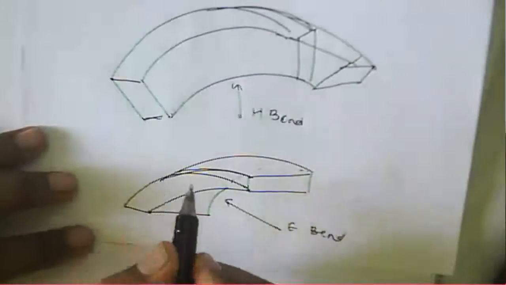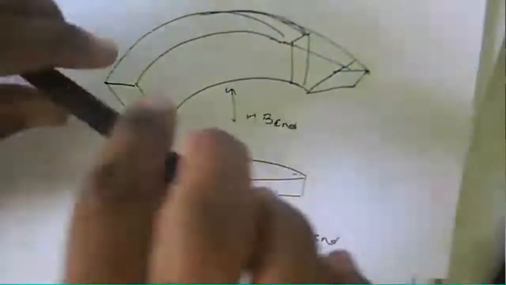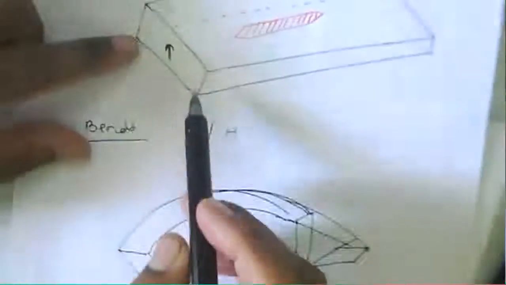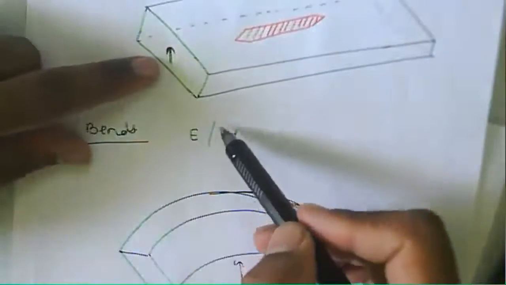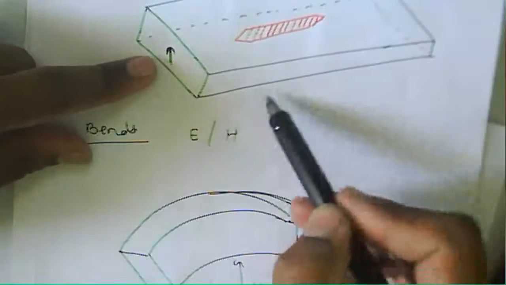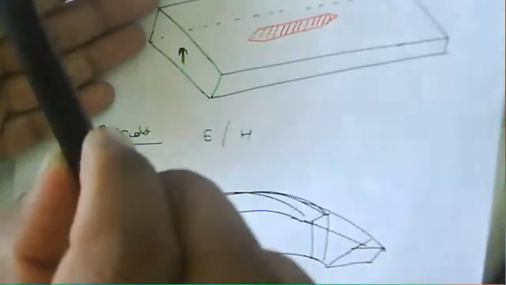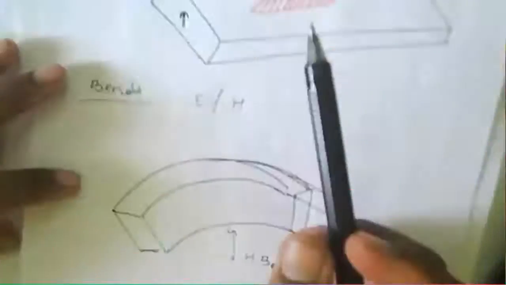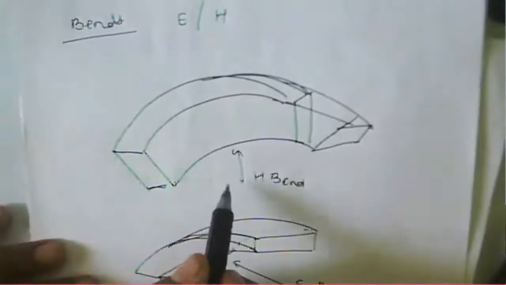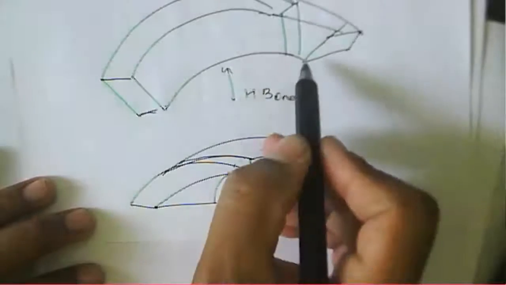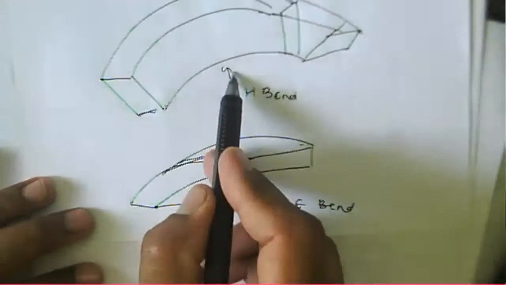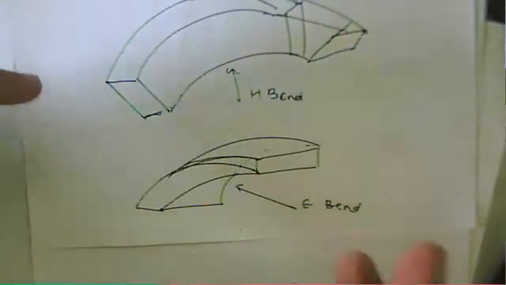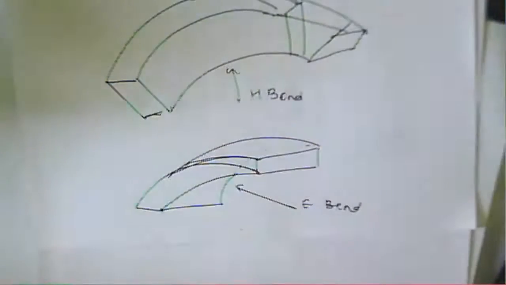So this is your E bend, as per the components we have. This is supposed to be a rectangular waveguide. If it bends in this direction, we say it is the H bend. If you bend toward this direction, likewise, this is the above side, in that case we can say it is the E bend. So H bend and E bend: one bends your electric field component, and here the magnetic field component bends on the electric field side, the E plane side. So that's why it is called E plane bend, E bend or H bend.